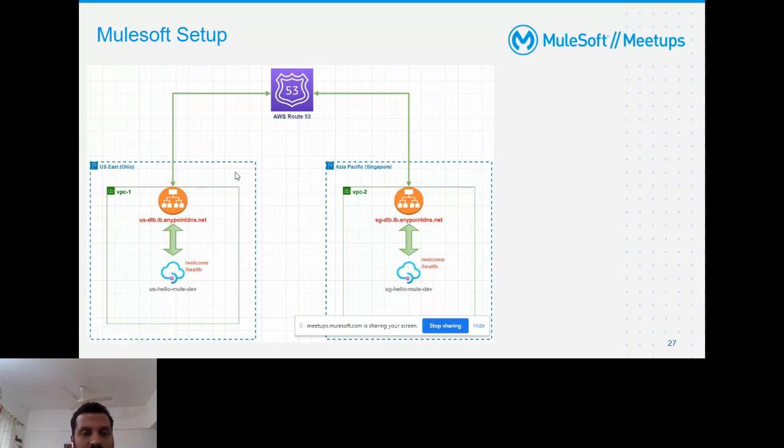So the setup that we're going to have is basically, let me go through it. We have an AWS region over here, which is US East Ohio. In that region, we have one VPC, which is VPC1. That VPC1 has a dedicated load balancer. This is the dedicated load balancer's domain name, us-dlb.lb.anypointdns.net. And inside that, we have a simple Mule application, which has two endpoints,